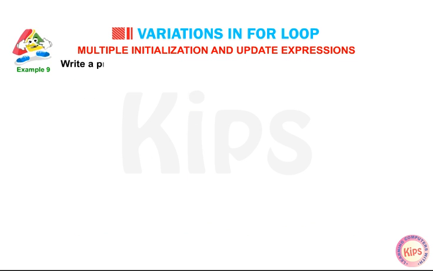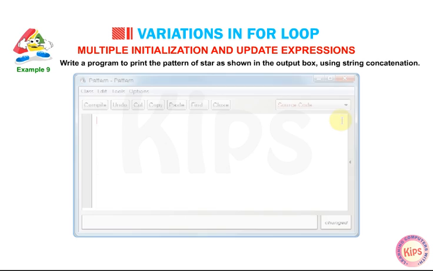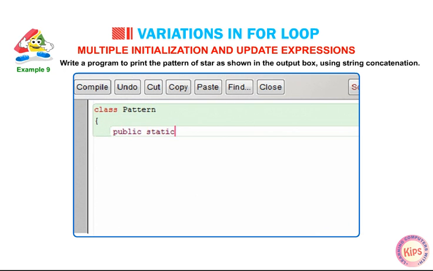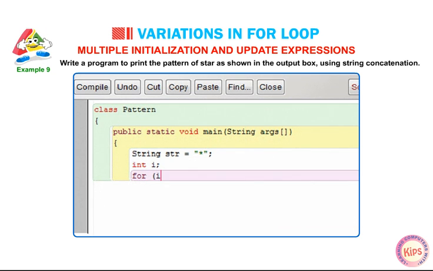Example: write a program to print the pattern of a star as shown in the output box using string concatenation. class Pattern { public static void main(String args[]) { String str = "*"; int i; for (i = 1; i < 10; i++) {